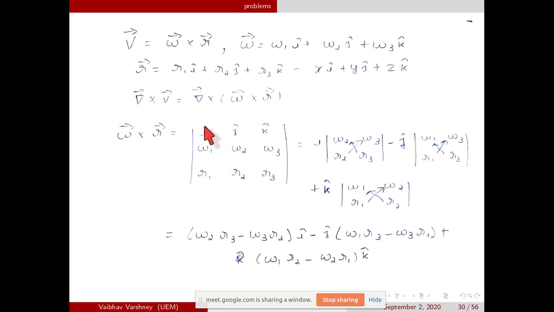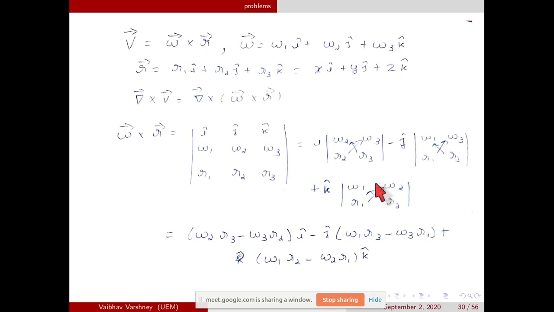When you are calculating the i component, you have to hide this one and this one. So it is omega 2 R3 and omega 3 R2, as you can see there, i cap, and this 2 into 2 matrix. When you are calculating the j component, you hide the middle one and the top one. So it's again a 2 into 2 matrix, omega 1 R1, omega 3 R3. When you are calculating the k component, you hide the third one and the first one. It's again omega 1, omega 2, r1, r2. Any problem till this point, how I took different matrices in 3 components i, j and k?